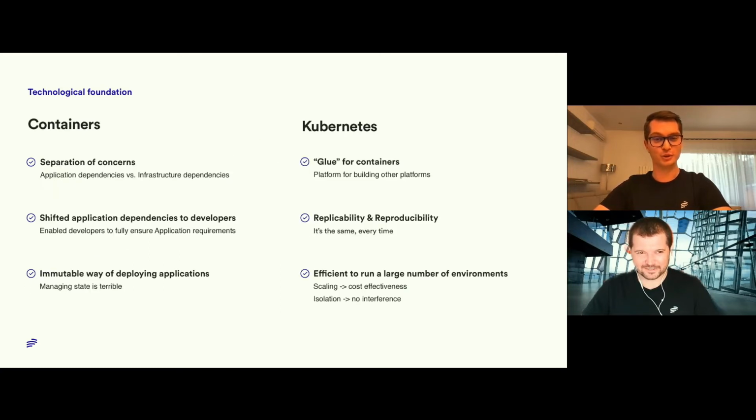So in order to move towards a concrete solution, we would need some technological foundation to be in place. And in our opinion, this technological foundation is in place today. We have what it needs to be able to move this environment-related context further, to move the story further. First of all, we have the containers, which I'm not gonna talk about what they actually do, because I'm assuming the audience already knows what containers are pretty well, but